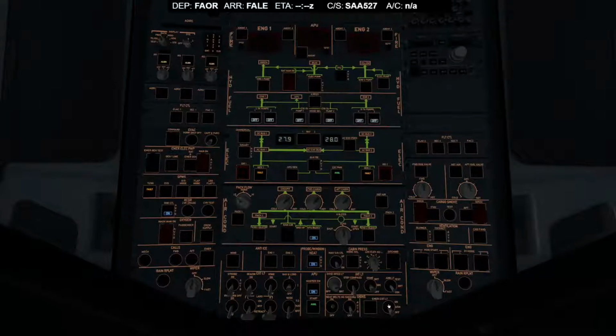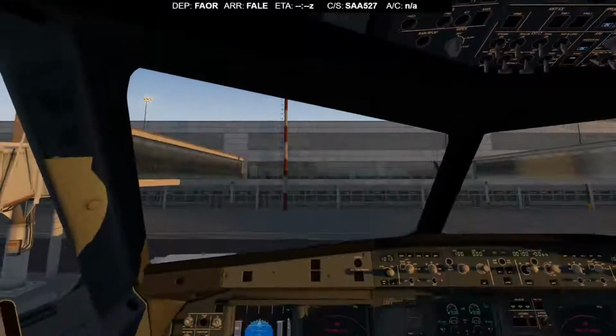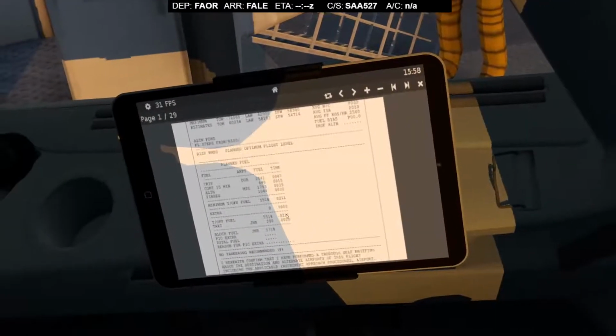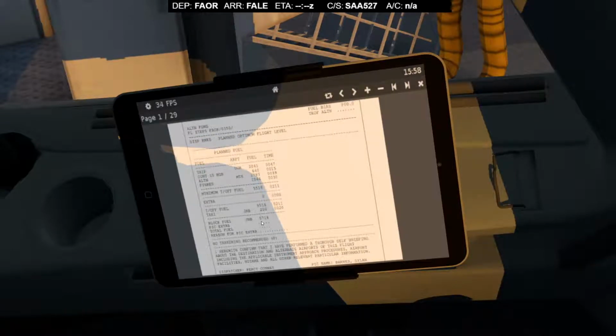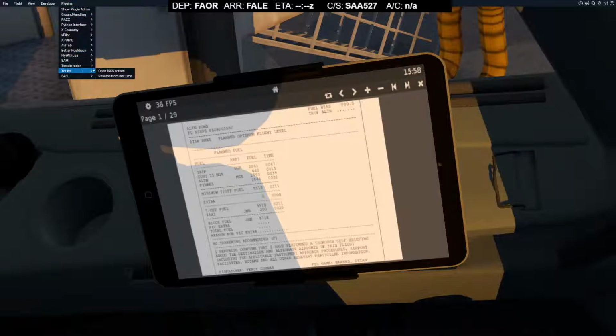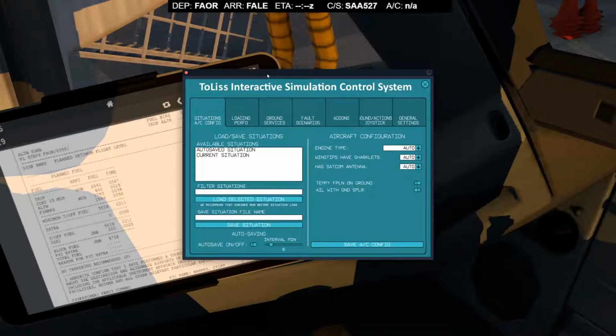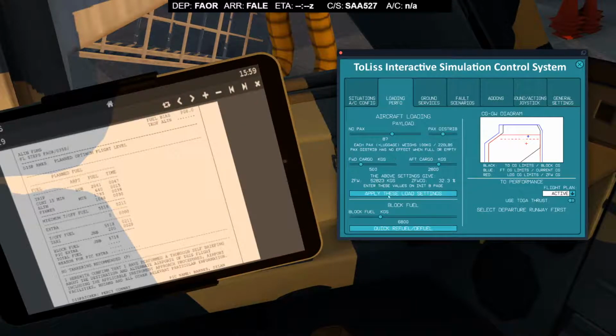Landing elevation should be set to auto, which it is. Pack flow set to low, less than 115 packs. Let's now go and set our fuel. So our block fuel today will do 5.8. Let's go and open up our Toliss screen here. Okay, so block fuel we need 5.8,